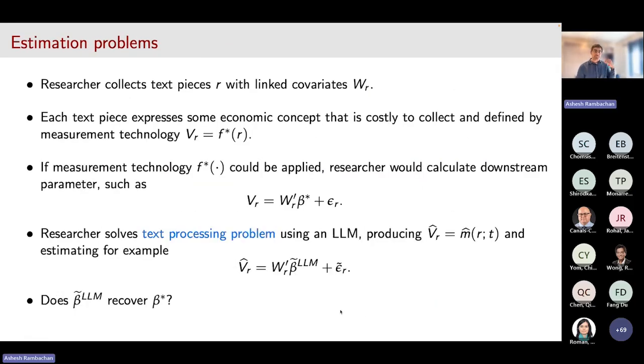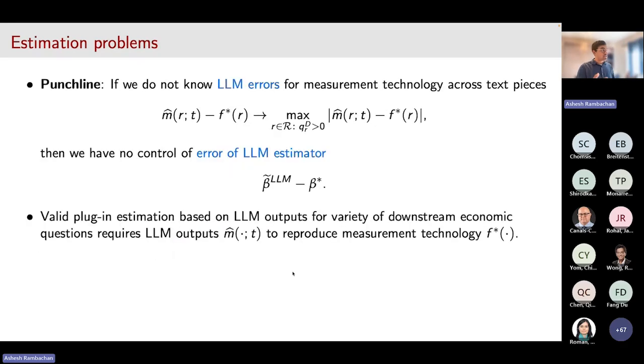Next, let me go back to this problem of estimation, where we think about using a large language model to infer some economic concept and then plugging it into downstream regressions. As some of the questions alluded to earlier, the core challenge here is going to be a measurement error problem. If we think that the large language model's labels do not actually equal the concepts that we're really interested in studying, then just plugging them into downstream regressions can lead to a wide variety of biases.